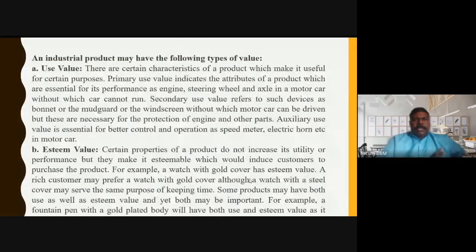So an industrial product may have the following types of value. One is use value, another is esteem value. So use value